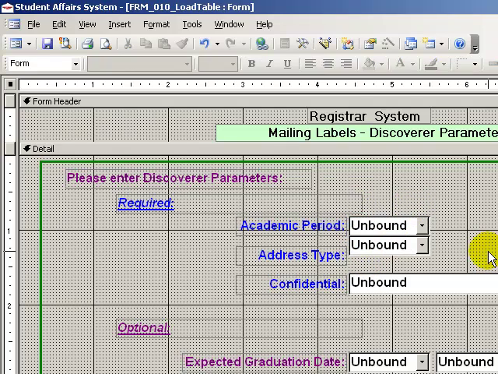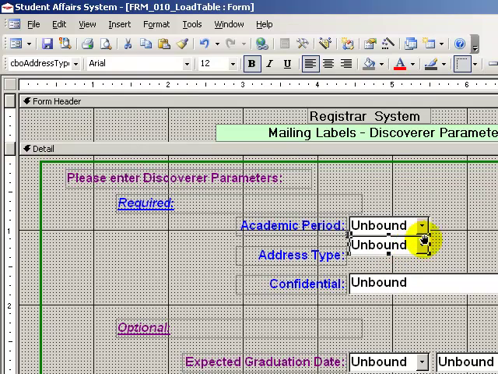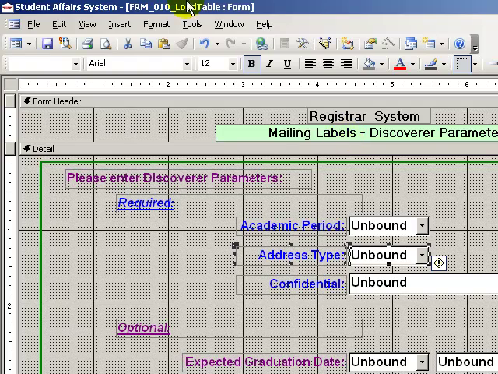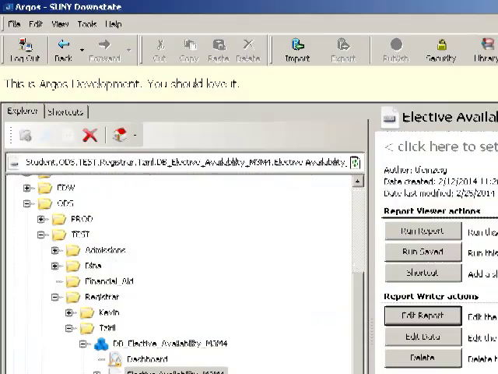Now, this object is out of place. It really should line up with this one. How? It should line up to the bottom of this one. So I'll shift click. Now these two are selected. I go Format, Align, Bottom. Okay. Now if I go to Argos,